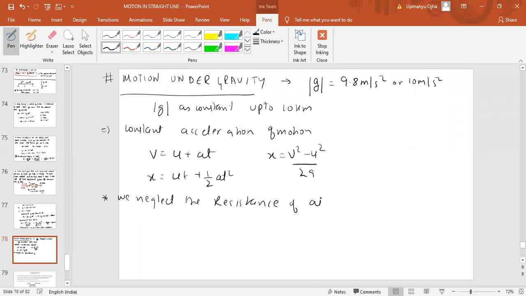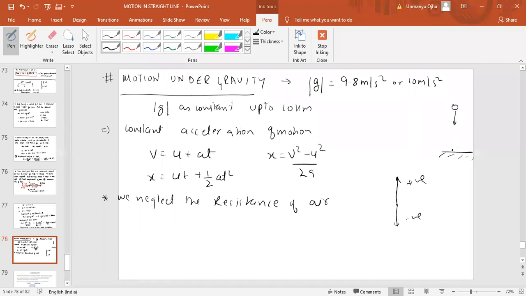Now, whenever we are dealing with motion under gravity, it is a vertical motion. So in vertical motion, I told you that upward is taken as positive and downward is taken as negative. Fine. Now you tell me one thing. If you drop a certain object, like if this is the floor and I drop something, the ball will move towards the earth, or we can say the ball is attracted towards the earth.